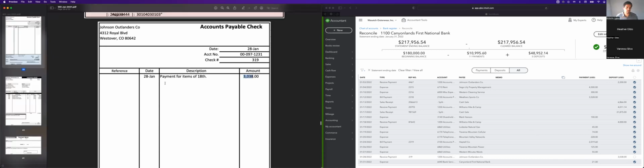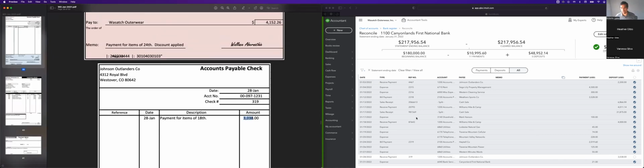But yeah, that's probably a longer answer than you wanted or a longer demonstration, but please do your bank reconciliation. That's one of the most important things to actually make sure we're recording things correctly and making sure that what is flowing in and out of your bank account is accurate. Just like we had this $300 expense isn't here. It wasn't there, but now it is, just because we did a reconciliation.